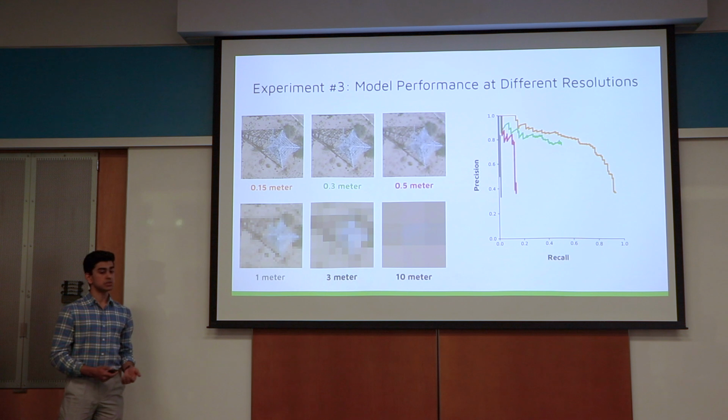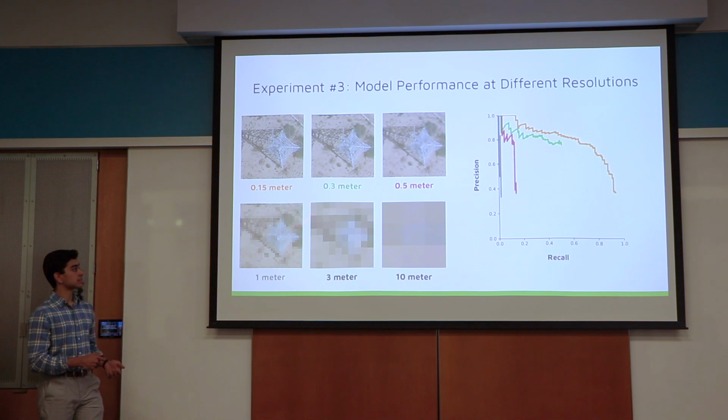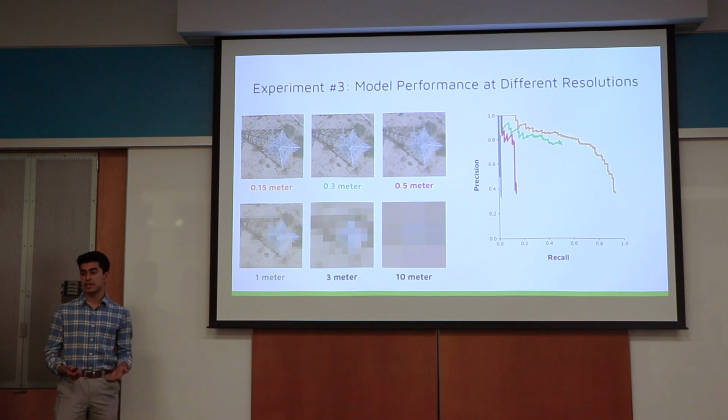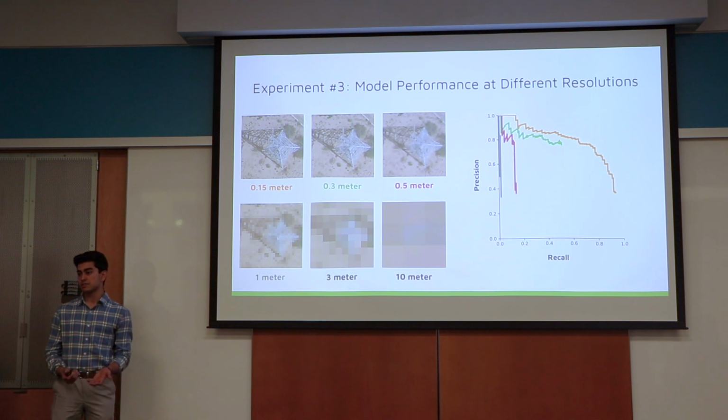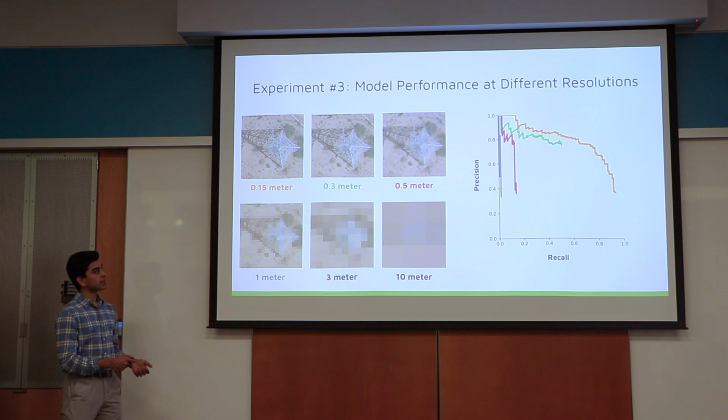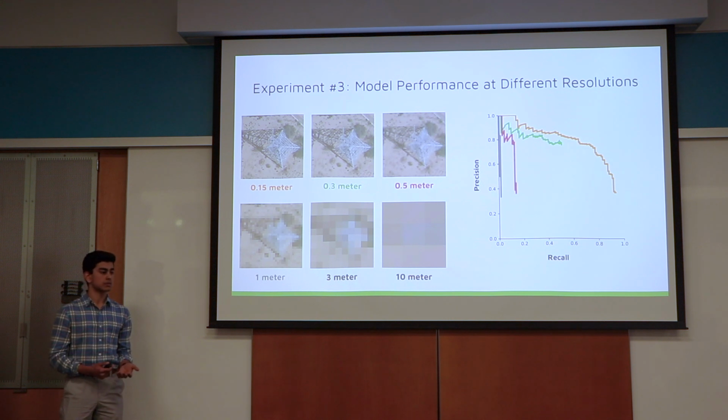So we actually trained models on imagery from all those 6 types of resolutions and tried to see how exactly model performance varied. And as expected, the orange curve, which represents 0.15 meter data, gave us the best performance. This is because the towers are most clearly seen in that resolution. Similarly, 0.3 meter data gave us fairly good performance. However, any resolutions of 0.5 or coarser didn't give us very good results at all. In fact, you won't even see the curves from 3 and 10 meter data because they didn't output any results at all. That just seemed to indicate that the model didn't learn anything about energy infrastructure.